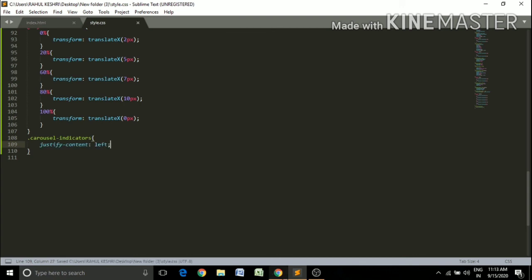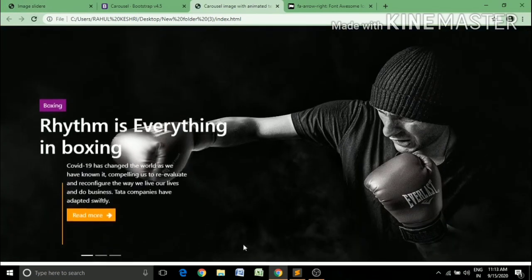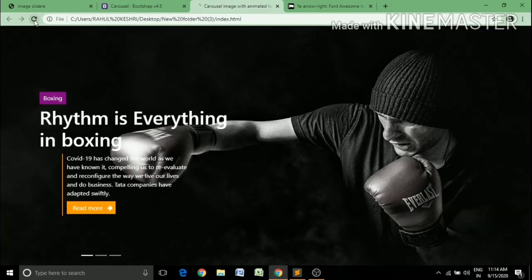Then these dots move easily to the left. I'm reducing the size of the list items: width 8 pixel and height 8 pixel. Now save it and refresh here.